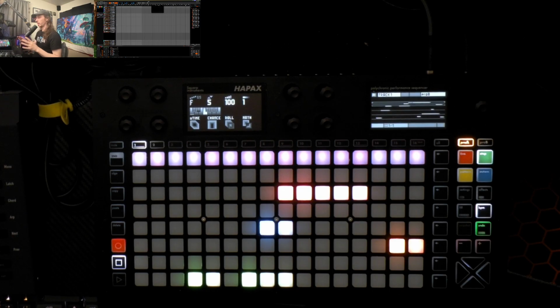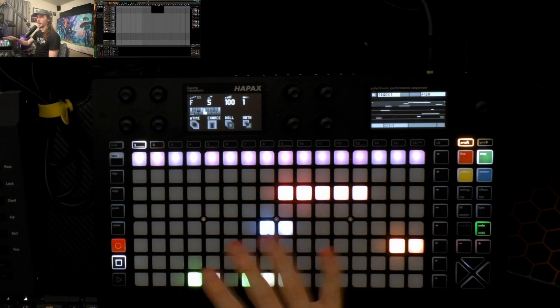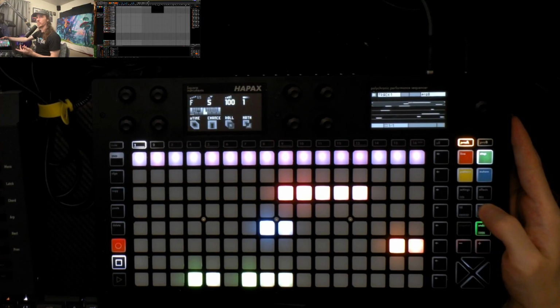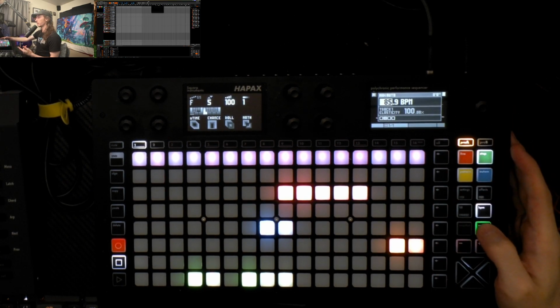Sounds a little bit better, but there's a lot more that we can do. So I know that I talked about slowing this down whenever we get into audio, but even though this doesn't have a set time division scalar type deal like the other sequencers that I've used, there's a couple of other options that we have. The first one that we can do is go into the BPM and change the elasticity here. I usually don't like to mess with this though, so what I'm going to do instead is go back,